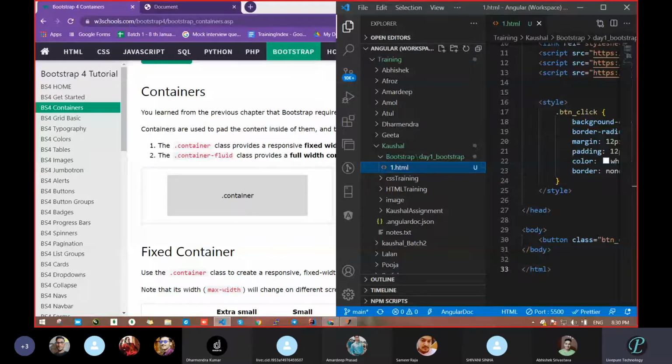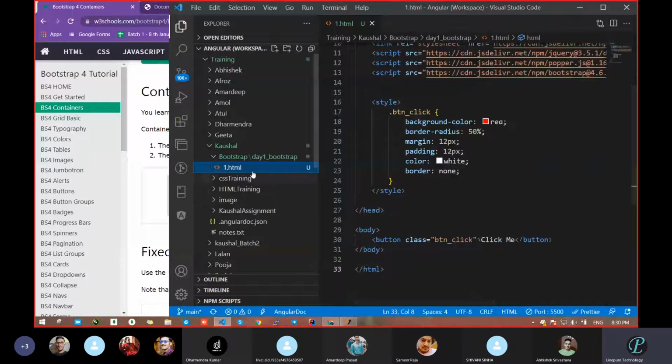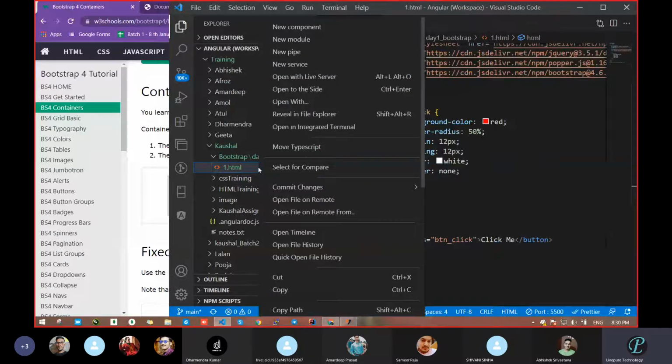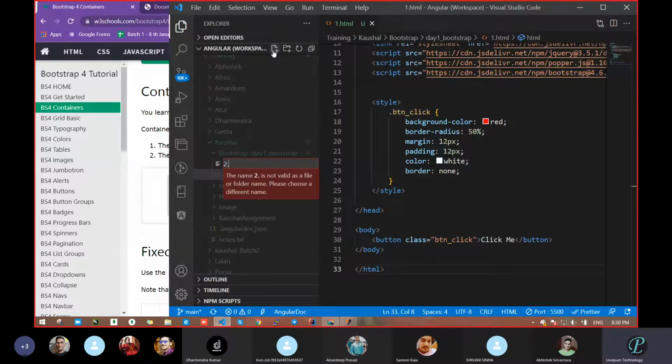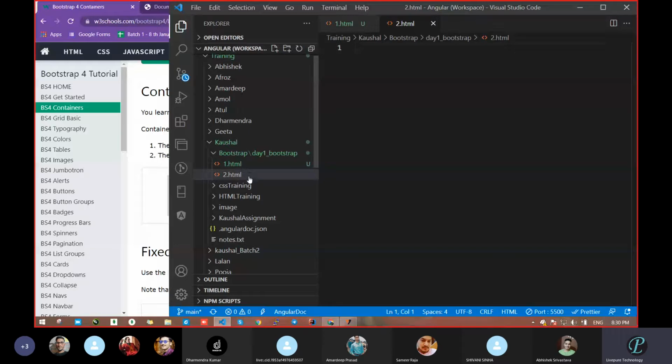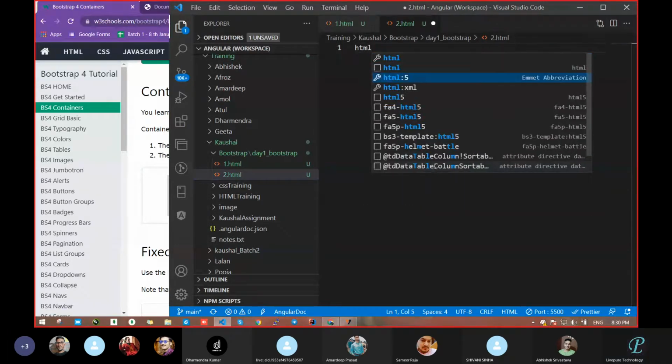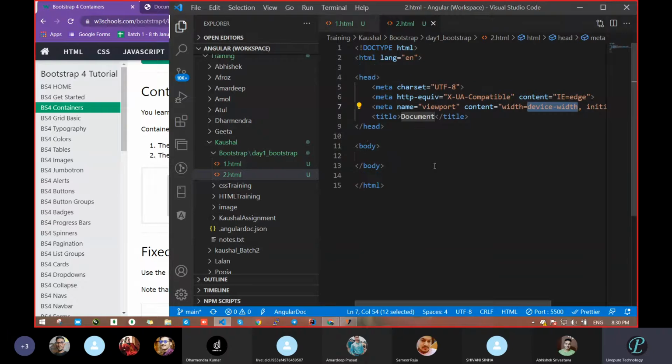Now, second doubt: if I make one new file, okay, wait, .html. Now if I had created a second file, now I will take another file. Now tell me how I will add Bootstrap here.